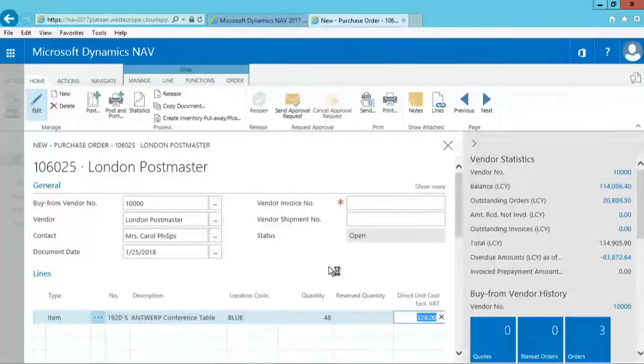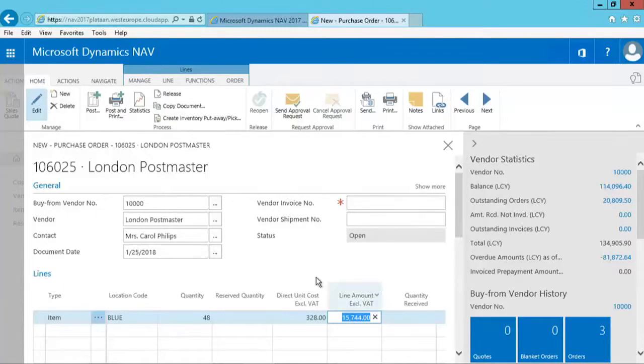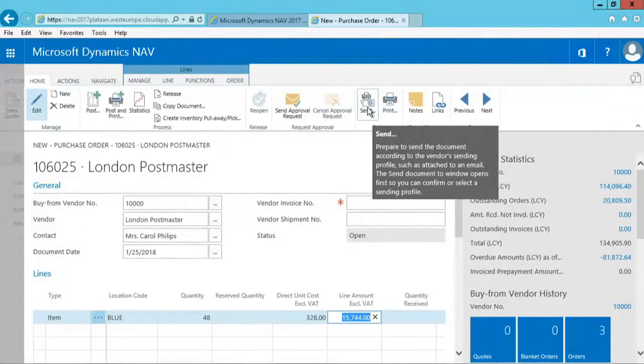And based, if I scroll a little bit more to the right, on the direct unit cost, the system will then of course calculate the total line amount, as you can see here. So this is the first step in my purchase process. In real life, the next thing that I will do is probably send the purchase order to the vendor, which